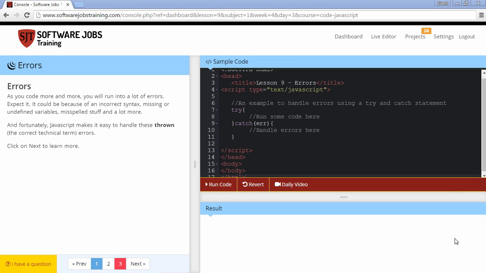So in this section we are going to cover JavaScript errors. By the 4-week training you must have gone through a lot of coding errors. These could be because of incorrect syntax or missing variables or semicolons, or basically it could be any problem, right? So in this section we are going to see how to deal with these errors